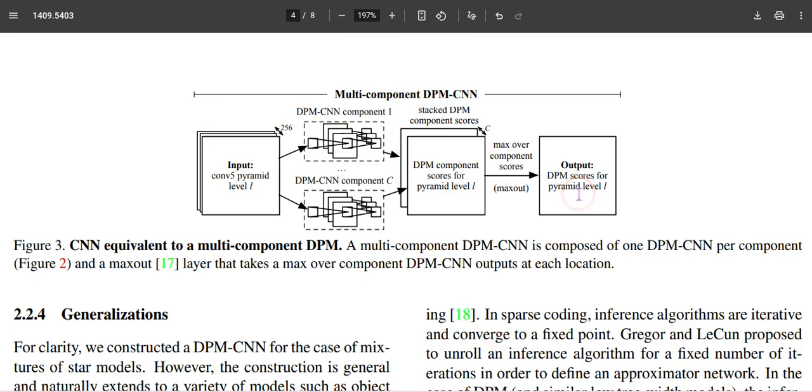That is the overall idea of this DPM-CNN. They compared this architecture on different datasets with different models, like the traditional DPM model which uses HOG features, and also R-CNN, which was the latest introduced at that time. And they claim that this performs a bit better than